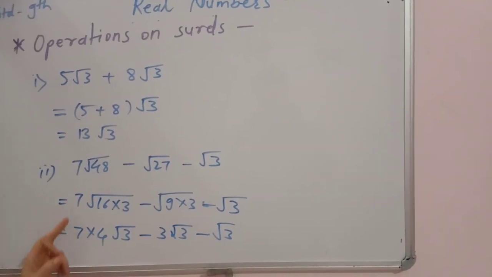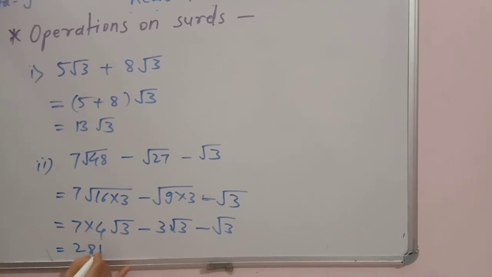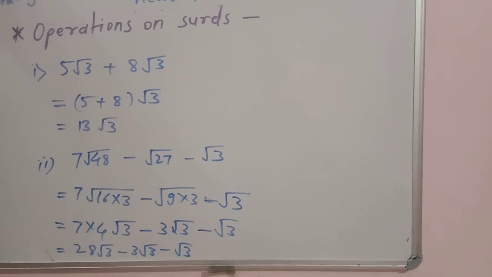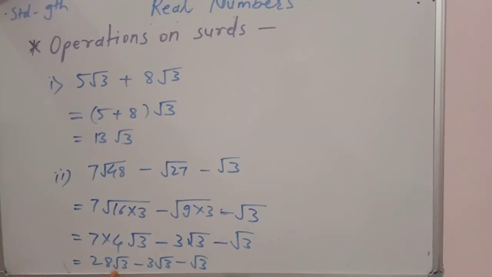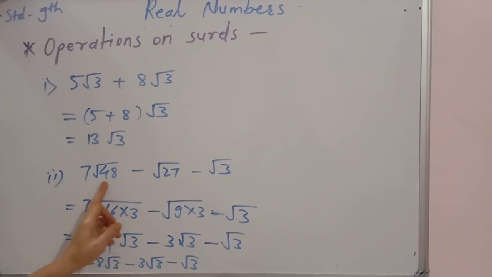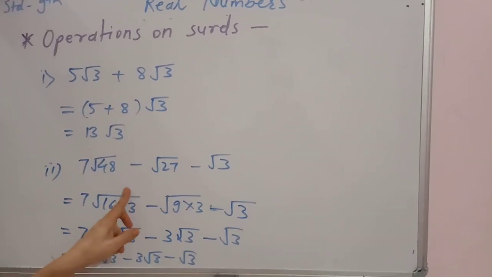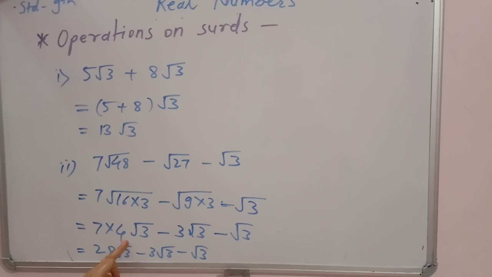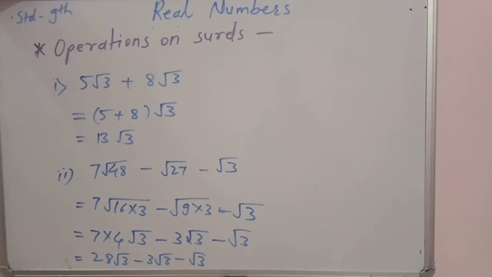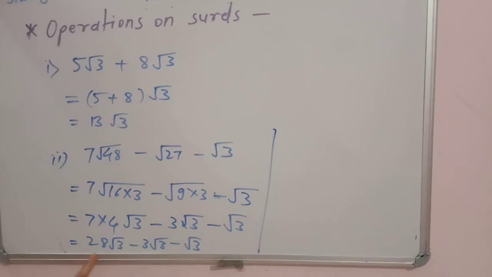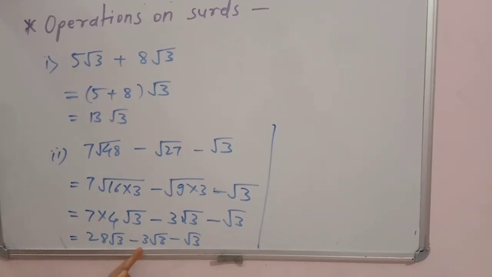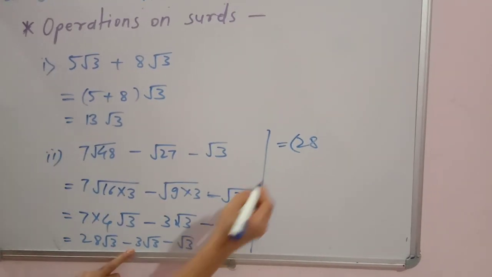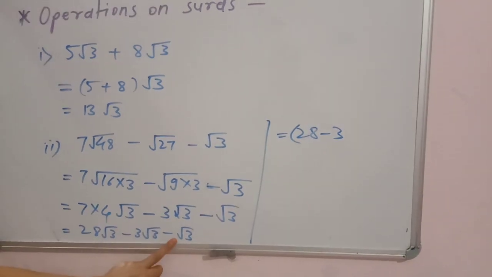Here 7 was already there, 7 times 4 is 28. Now see, they are like surds and we can do subtraction by subtracting their rational factors. Initially you can't say whether they are like surds or not. When you write them in their simplest form, then you can tell whether they are like surds or not. So subtract their rational factors: 28 minus 3. I will write it in brackets, 28 minus 3. Here the rational factor is